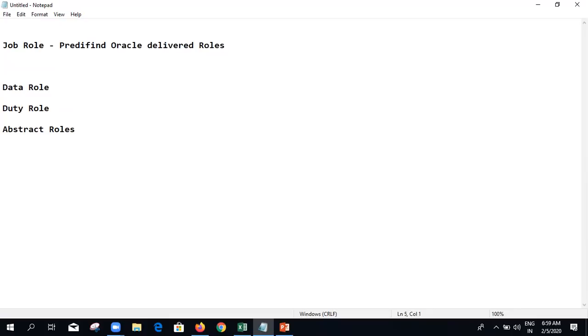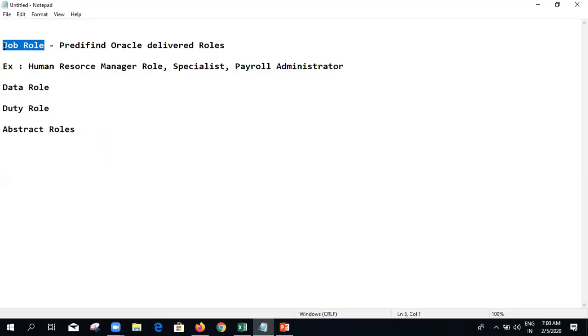For example, the human resource manager role, or human resource specialist, or payroll administrator role. For each and every functionality, to get access, Oracle itself provides the predefined job roles.